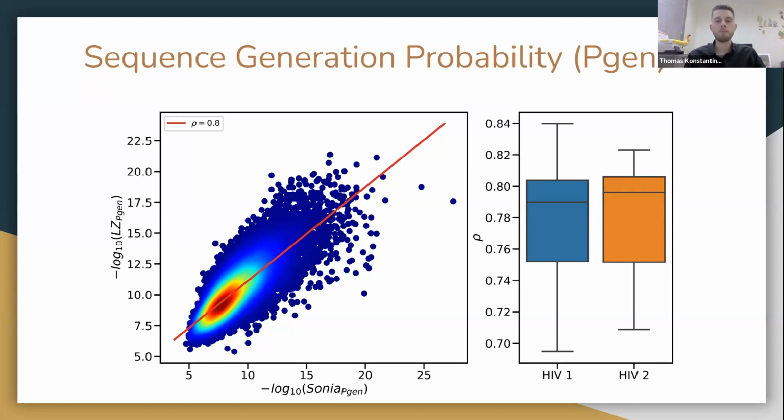Then, based on the structure alone of the sequence, we can already derive a Pgen for each of our sequences that is already highly correlated to state-of-the-art models. Now, again, I will just remind you that all of this happens from a compressed file, right? We haven't done anything, we haven't aligned the sequences. And in cases where we have certain repertoires, maybe of different species, not Homo sapiens, alignment might not even be a choice for us. We might not even know the source genotype to align to. So we can already get generation probability values without needing anything except the sequences themselves.